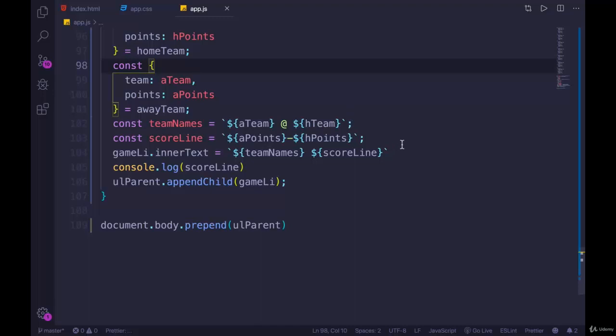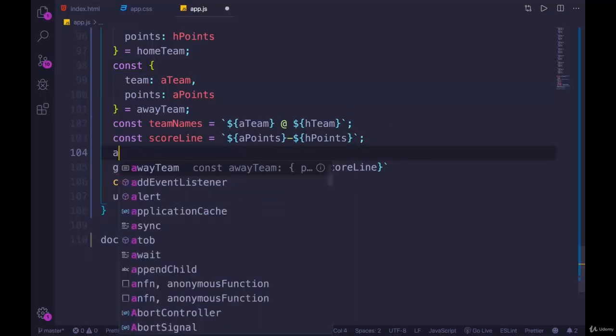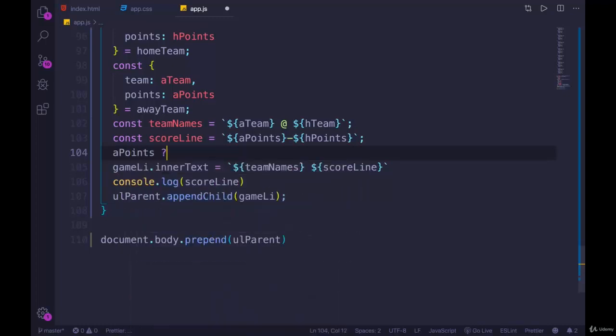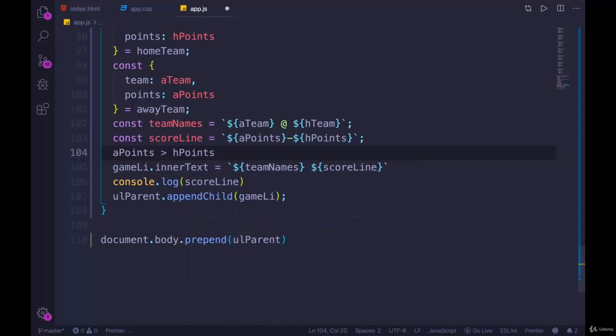So we're going to come down here now and compare the two points. So we'll have away points greater than home points. Or we could do the other way around. But if away points is greater than home points, then we know that the away team has won, right? So we'll do an if statement here. If that's the case, and away points does beat out home points, then what we want to do is